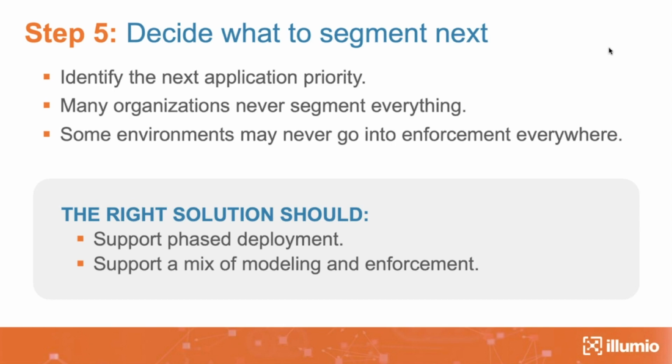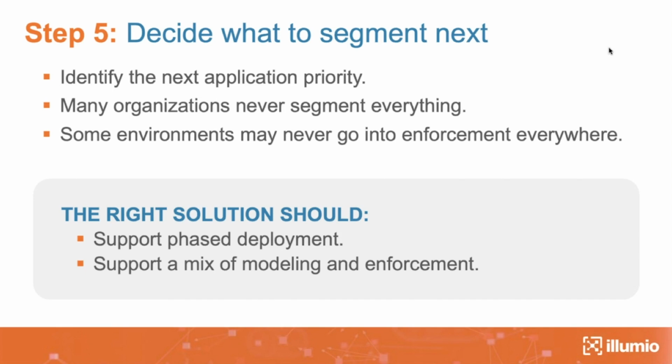And last but not the least, decide what you're going to segment next. This is an iterative approach. You are probably going to start somewhere and then say, okay, great, what am I going to do next? A lot of our customers, we see, will start with a regulated environment driven by compliance. They become successful over there, pass the audit, and then they will say, okay, great, now I want to look at my core services, my Active Directory, DNS, etc., lock those down. Or it may be my other crown jewel applications. So again, decide what to segment next, repeat the process again.